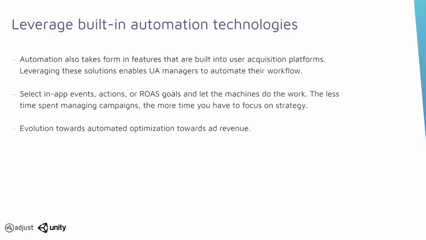This allows the UA manager to free up a lot of time to focus more on UA strategies, working with their creative teams, or just working with other parts of their business. We here at Unity also believe that 2020 will be the year that automated ad revenue optimization finally hits the mainstream market. Ideally, this will unlock a whole new world of UA automation for many of the apps on the market today.